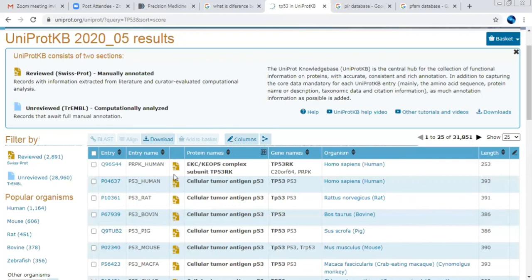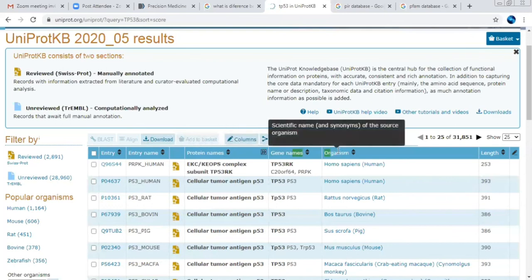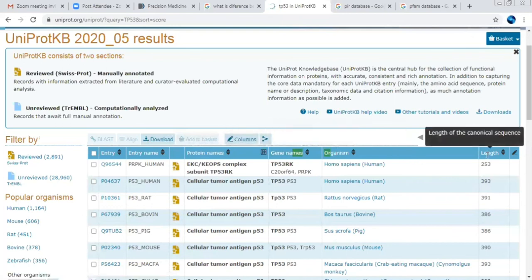The color indicates that it is revised data, and they provide the protein name and the gene name. They also provide the organism and the length of that particular sequence. So that's the data you are getting. You can refilter how much data you want, as show options are provided. From 100 to 250 entries are visible on this page. The total number of results is 31,855. So I will go to the particular hit, the first one.